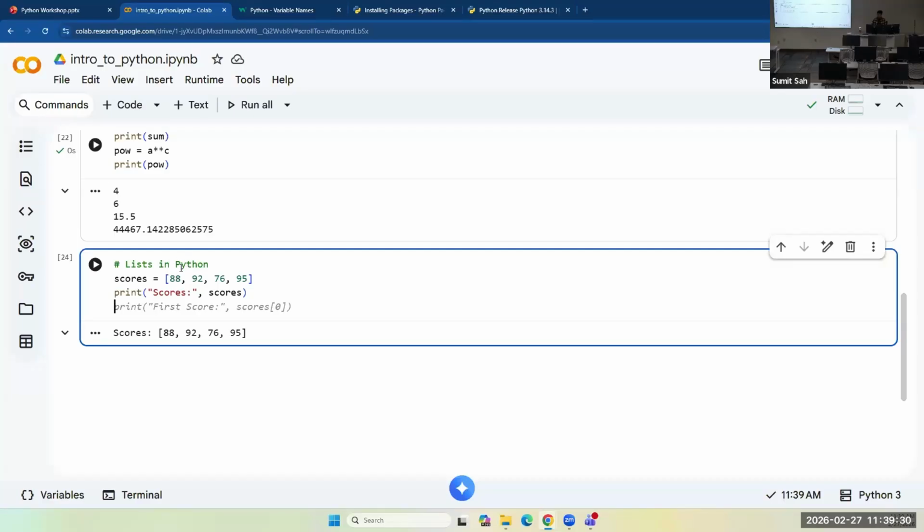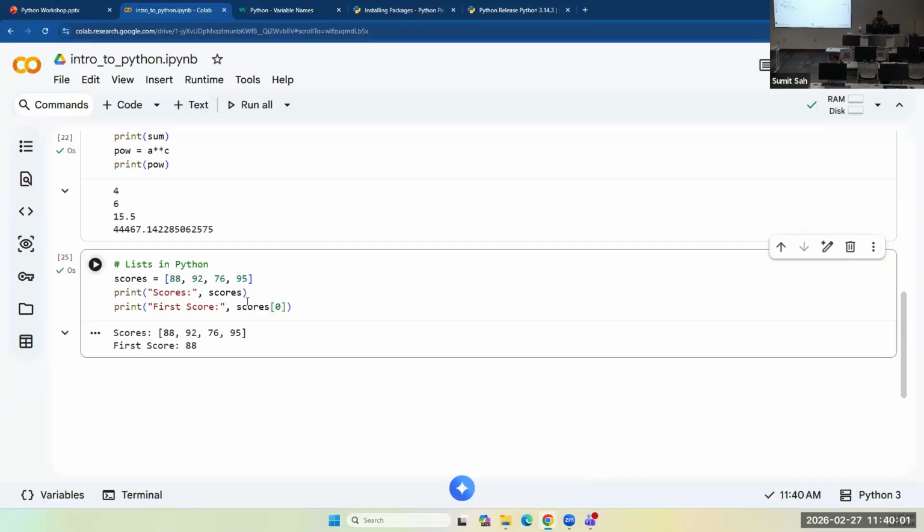The first element has index 0, the second has 1, and it continues. So I have 1, 2, 3, 4 elements in the list, and the index will range from 0 to 3. This is how you access each element: you use these brackets and the position. So if I want the first one, I would say 0.